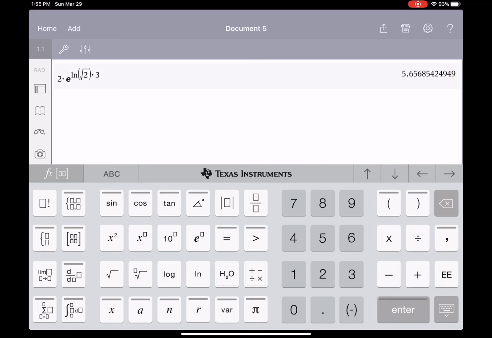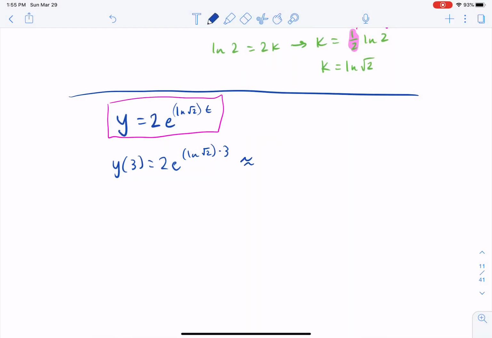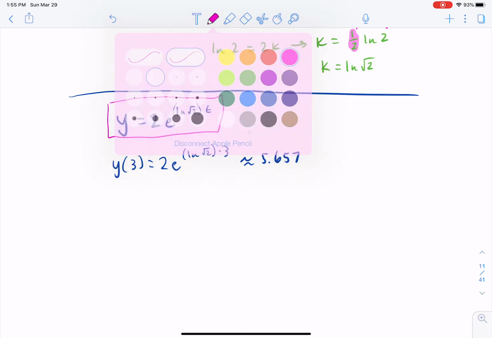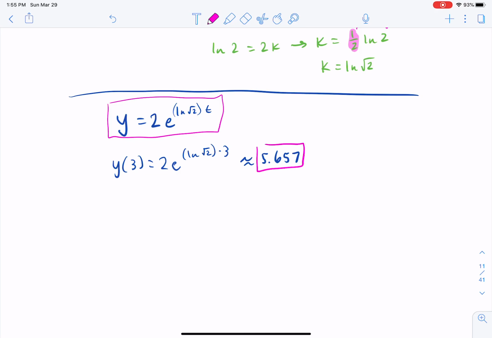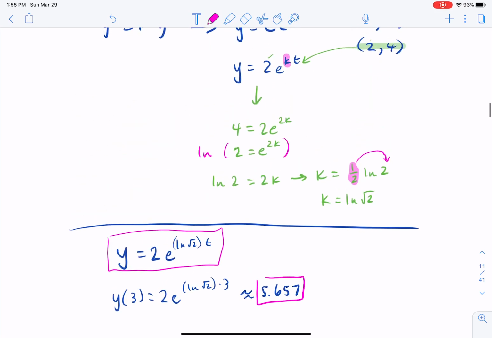So we get 5.656 or 5.657. All right, so the thing about exponential growth goes that it kind of leaves you with the impression